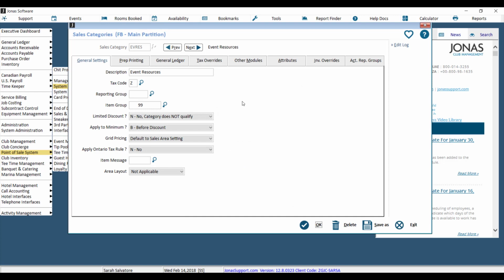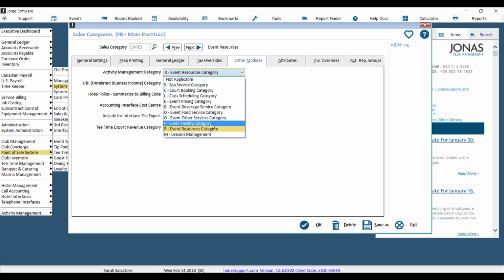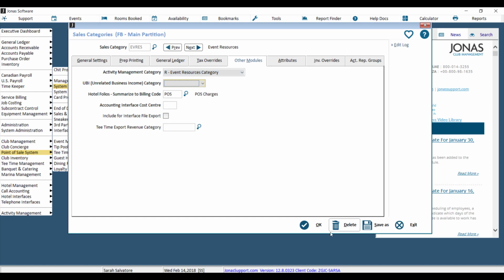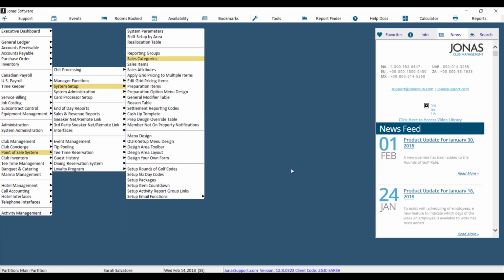Select your category and go to the Other Modules tab to make sure that it is flagged under Activity Management category as an event resource. You can see there are other event options here such as facility, beverage, food, or other services, and pricing. In this case, we are creating a resource or a rental, so we need a category for resources. Hit OK to get out of here, and what we'll do is go ahead and set up our new resource